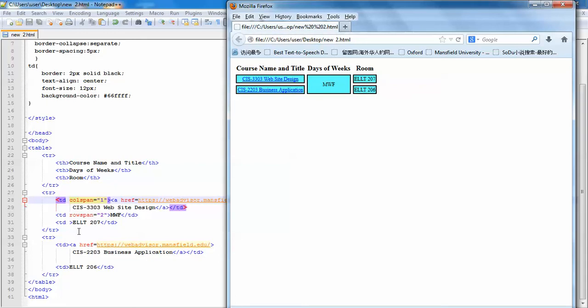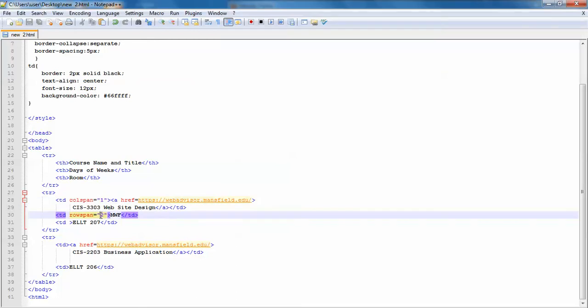And for the second cell, I want to span vertically, so row span is 2, just like that. When we span the cell from the second row to the third row, it means in the third row we only need 2 cells, right? Why? Because this cell spans from row 2 to row 3, so in the third row we only have 2 cells. If we change it to 1, or the default is 1,